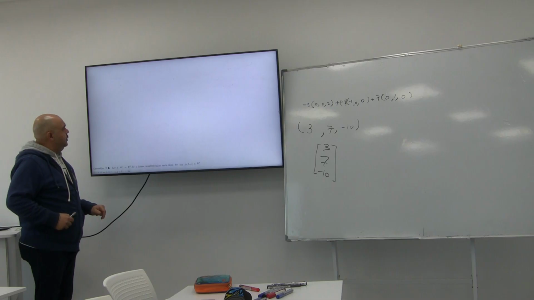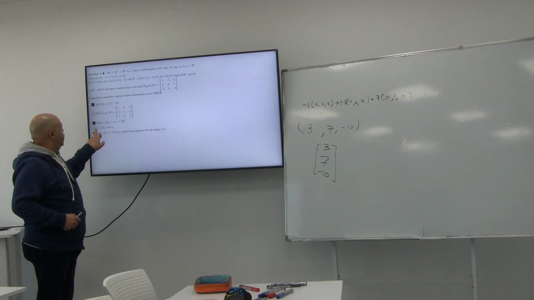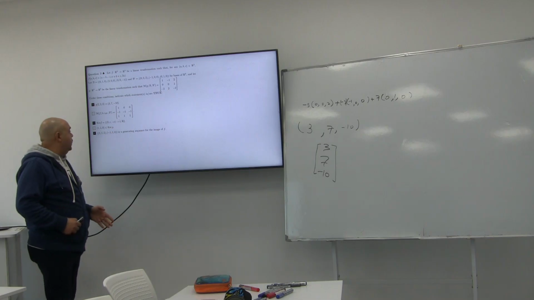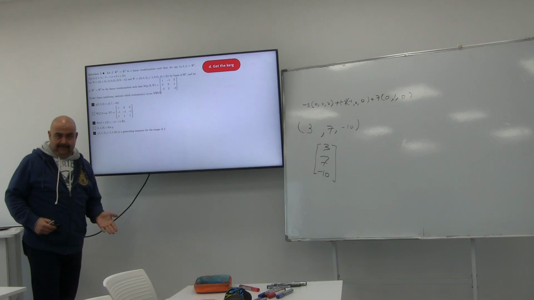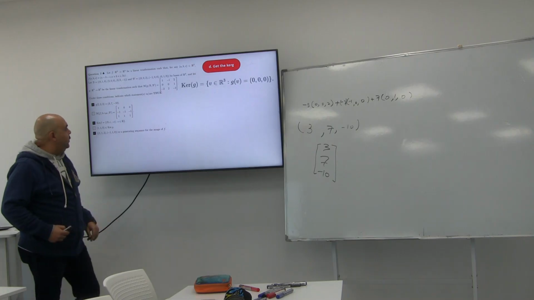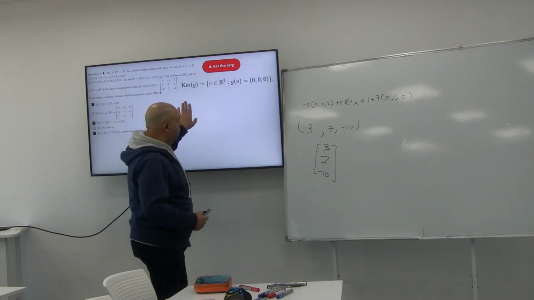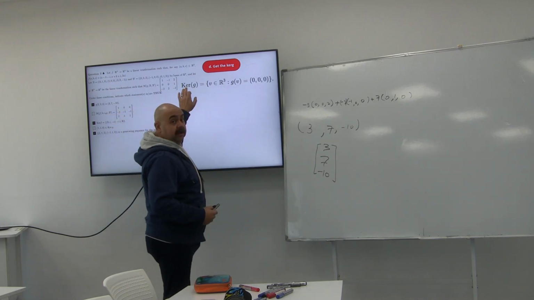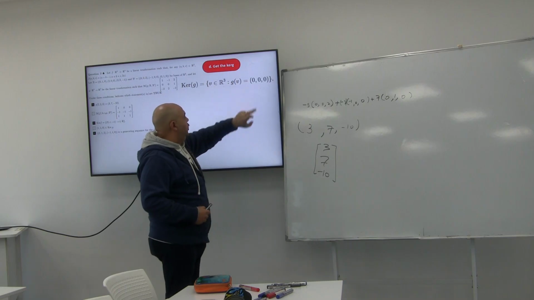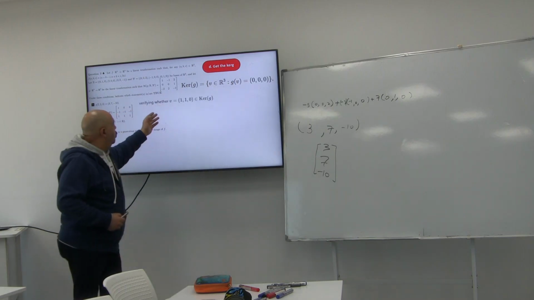Now, for number D, with the same question, he wants you to check if 1, 1, and 0 belongs to the kernel of G. The problem with this question is that you don't have the function. So how to do this? I will do it this way. We already know that the kernel of G is the set of V such that G of V equals 0. So once V equal